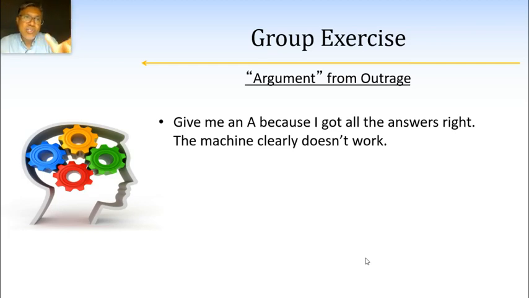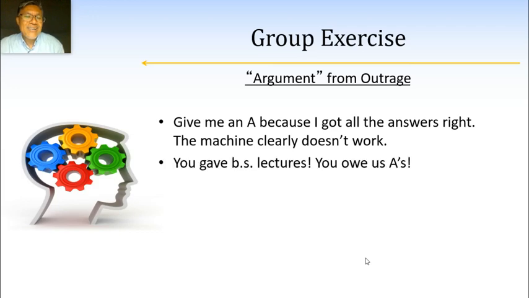You want them to be on your side, so you want to pick something that they would be outraged at too. So yeah, if your teacher may have been complaining about how the machine that they've been using doesn't work very well, their Scantron machine, and they complain about it, and you know they're outraged about it, then possibly this would work. But as it is, it just sounds like the student's complaining. "You gave BS lectures, you owe us A's." Again, I like to remind you, these are actual responses from students in class